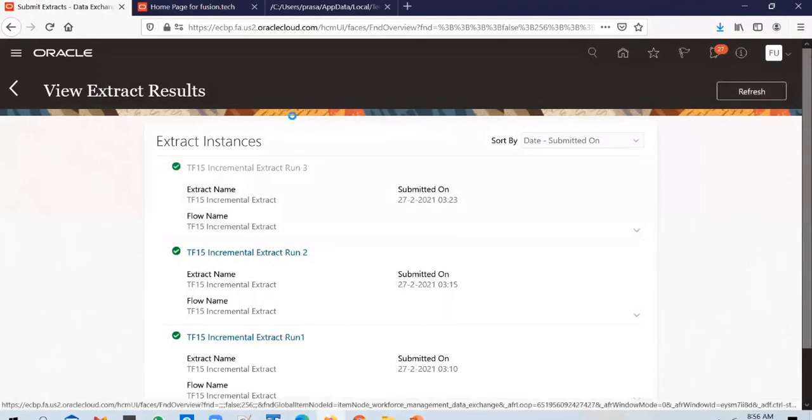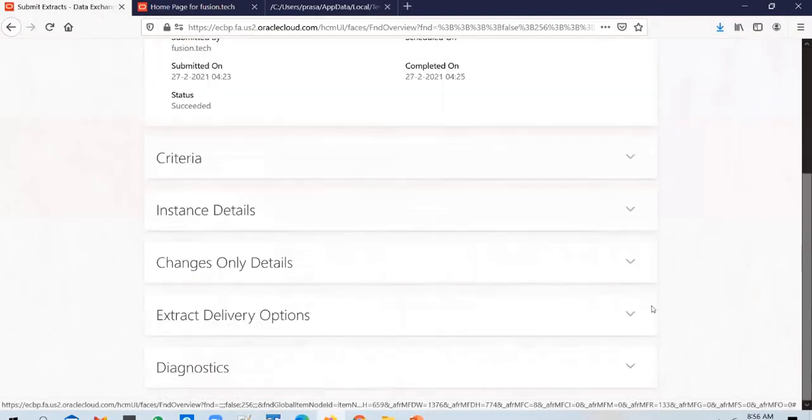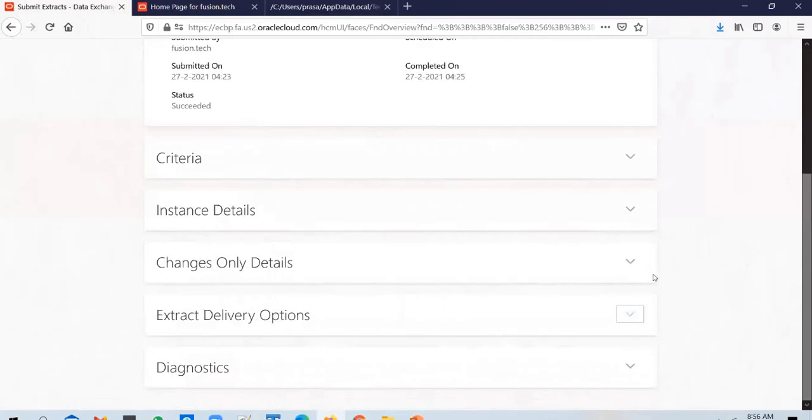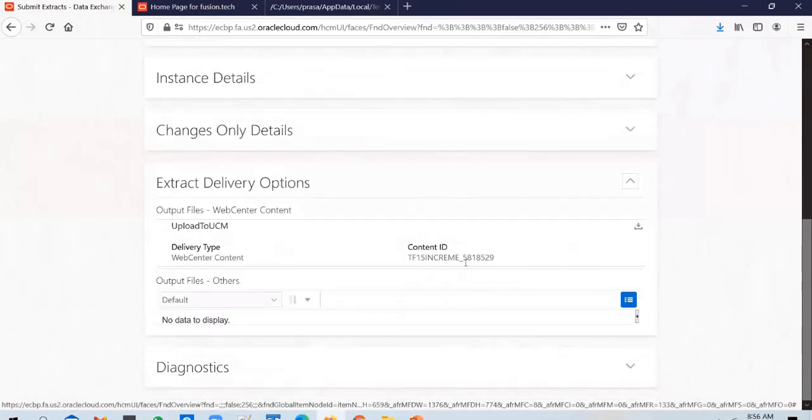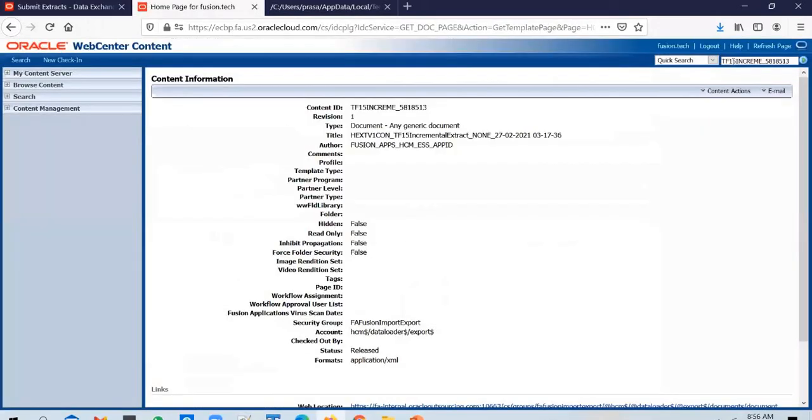You can see that the extract is completed now. Look at the output. Go to extract delivery options. Copy the content ID and search for it.